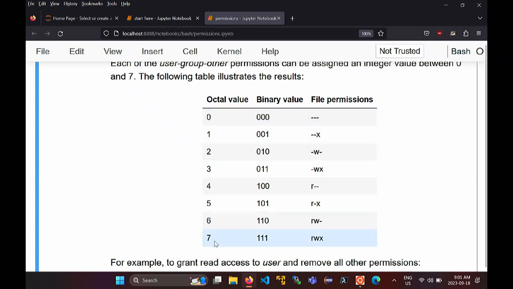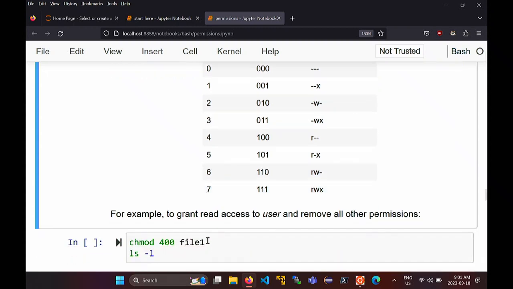If you use the octal value 7 for a class of users, that corresponds to all permissions for that class of users. Now remember there are 3 classes of users, so you specify 3 octal values. If you say 0, 0, 0, you take away all permissions for all users. If you say 7, 7, 7, you set all permissions for all users. So for example,